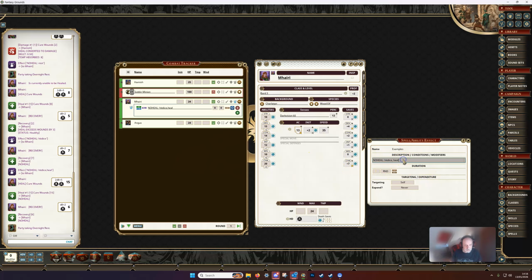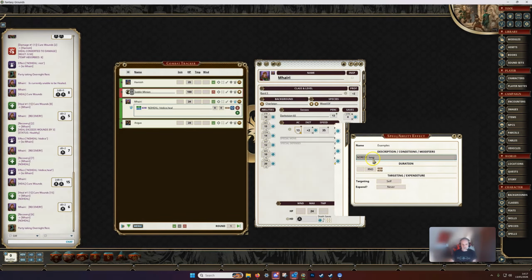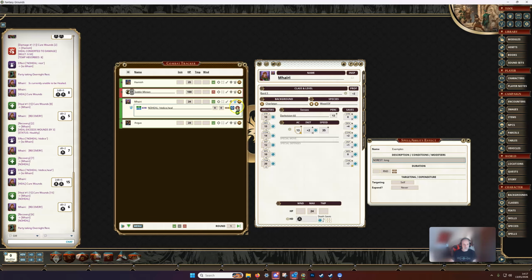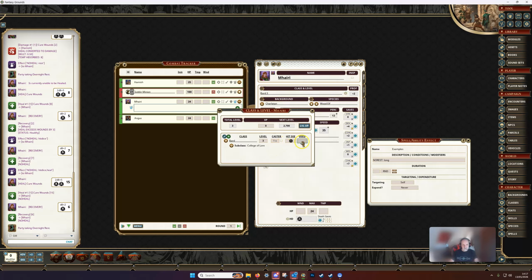So that's no heal. Now there's one more, and that's no rest. So all caps again, and this one can take only two parameters, either short or long. So let's go long. So this means that Vari is not going to benefit from a long rest in any way. So if we go back to her, let's give her back her